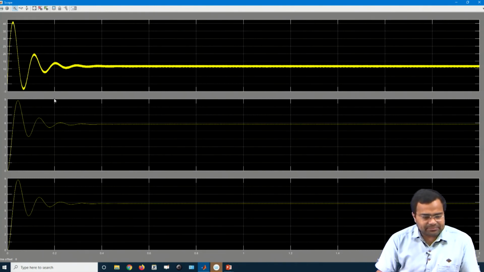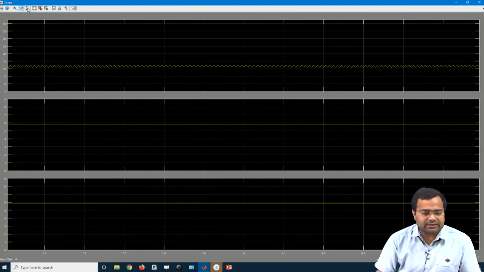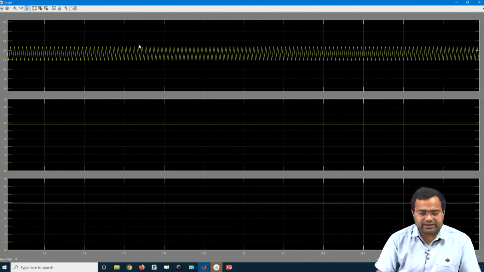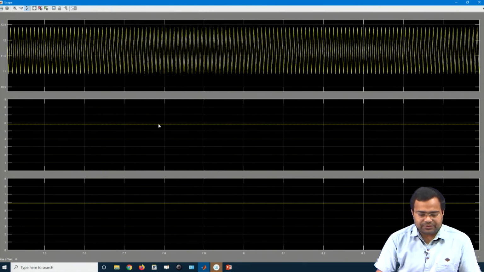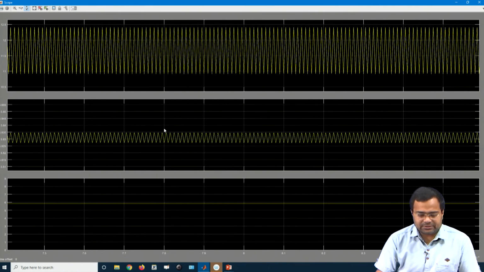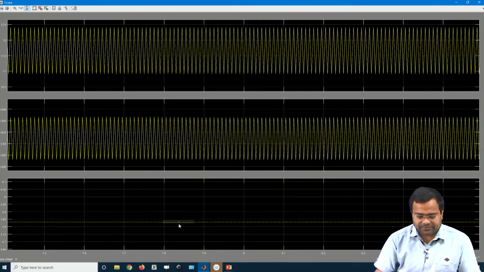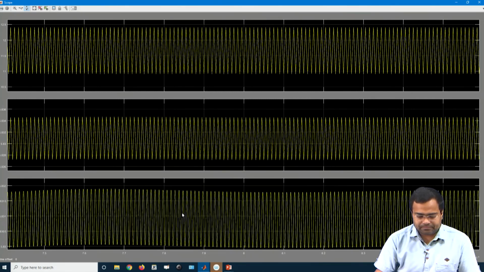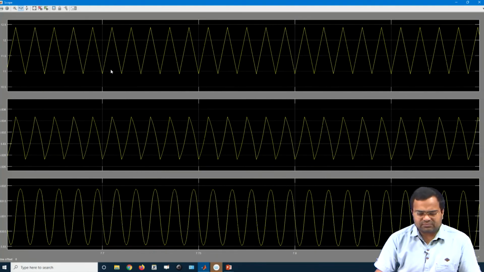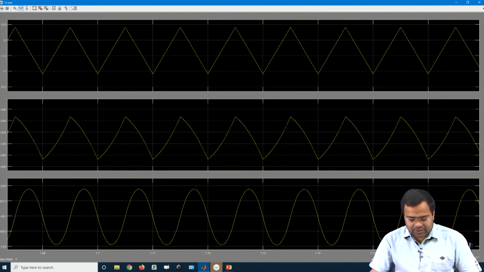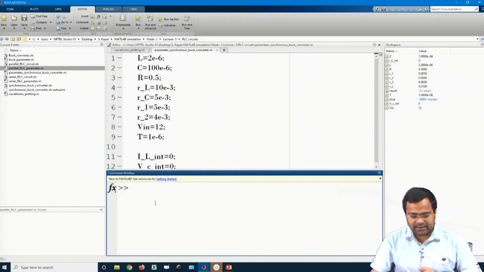So, we can see that these are my inductor current for the given inductance value, this is my output voltage, and this is my capacitor voltage. So, what can I plot here?